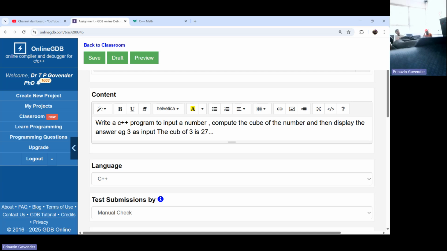I use power, or if I don't have power, how do I do it? 3 times 3 times 3. So I took 3 multiplied by 3 multiplied by 3. In mathematics, we did substitution. Because 3 is represented by number 2, I'm going to say number 2 multiplied by number 2 multiplied by number 2. Okay, Haley? Now I'm going to take what I wrote as a plan, and I'm going to write it in